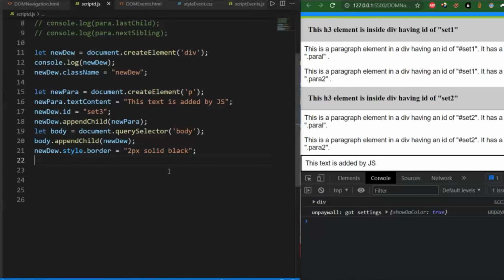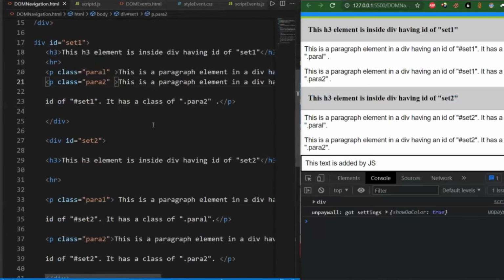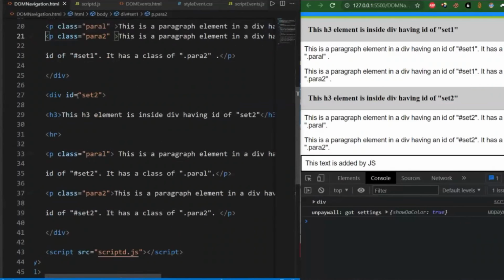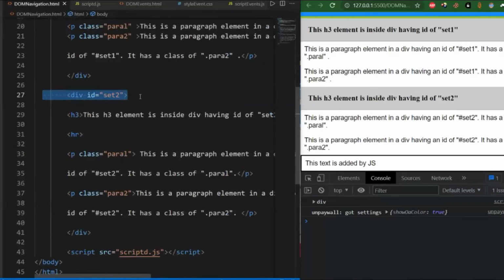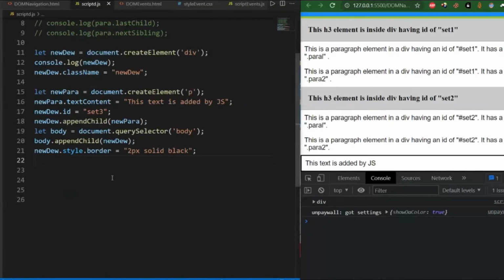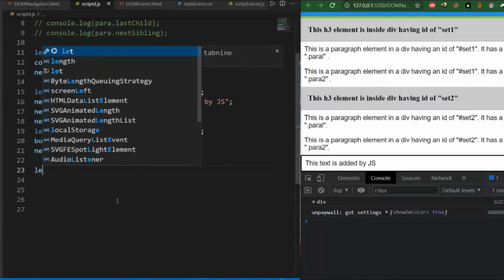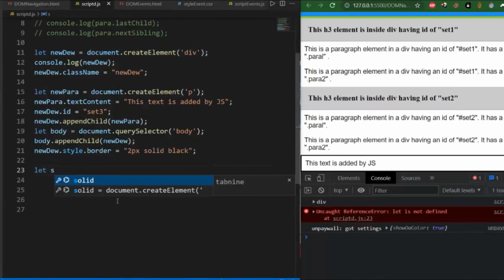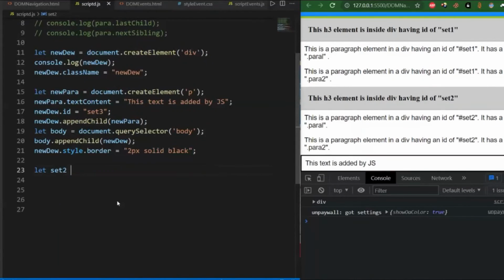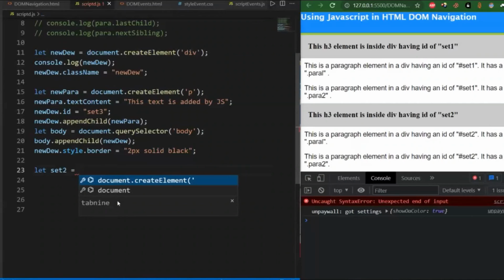If you want to add this before para 2, which has the id set 2, you can do it like this also. So let's first get access to set 2. Let set 2 equal to document dot query selector,